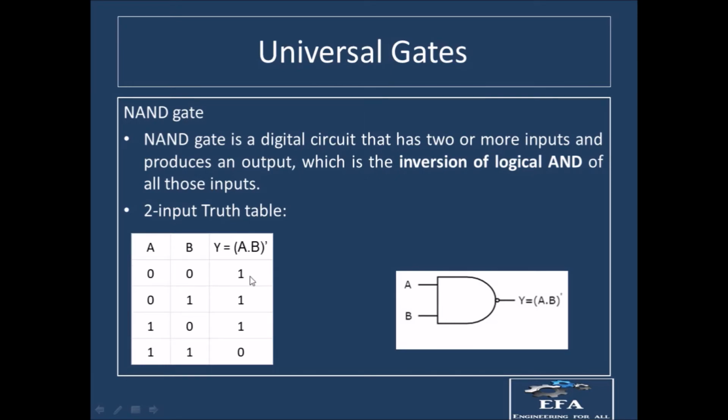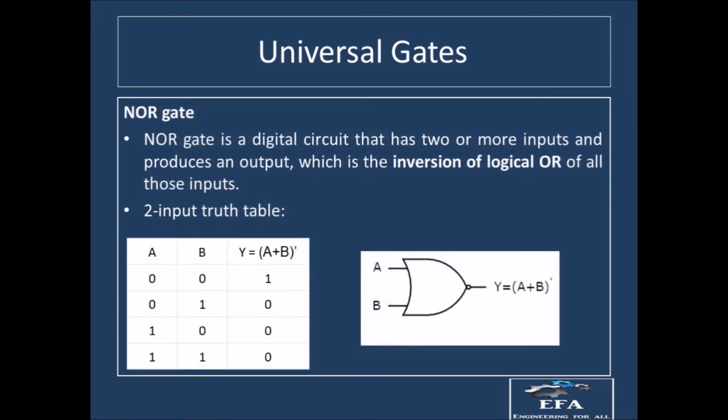So in the AND gate, wherever there was a 0 present, we were having 0 at that place, and wherever we were having all ones, we were having 1 at that place. Now in the NAND gate, we are having exactly the opposite of the AND gate, right? So we can see over here that wherever there is a 0 present, we are having 1 at the output, and wherever there is no 0, when both the inputs are equal to 1, at that place we are having the output equal to 0, right? So this is the function, or we can say the relationship between the output and the inputs in the case of the NAND gate. Now moving on to the NOR gate.